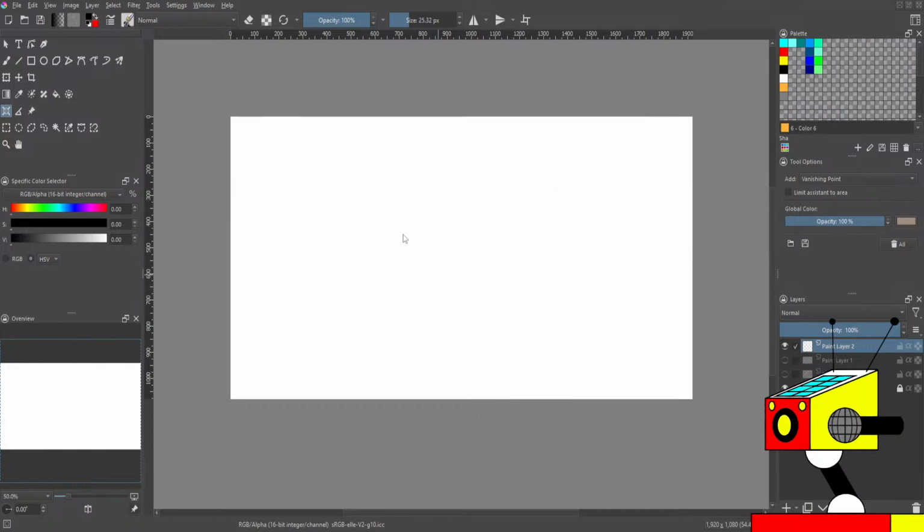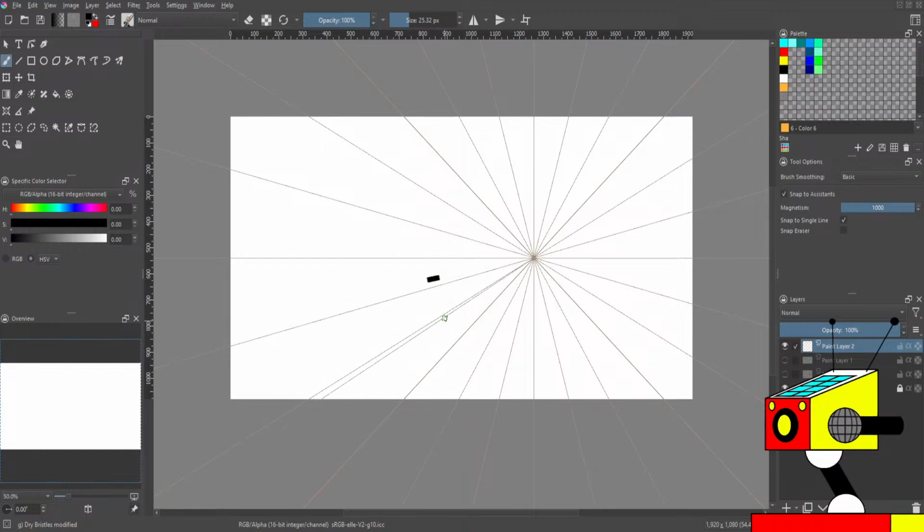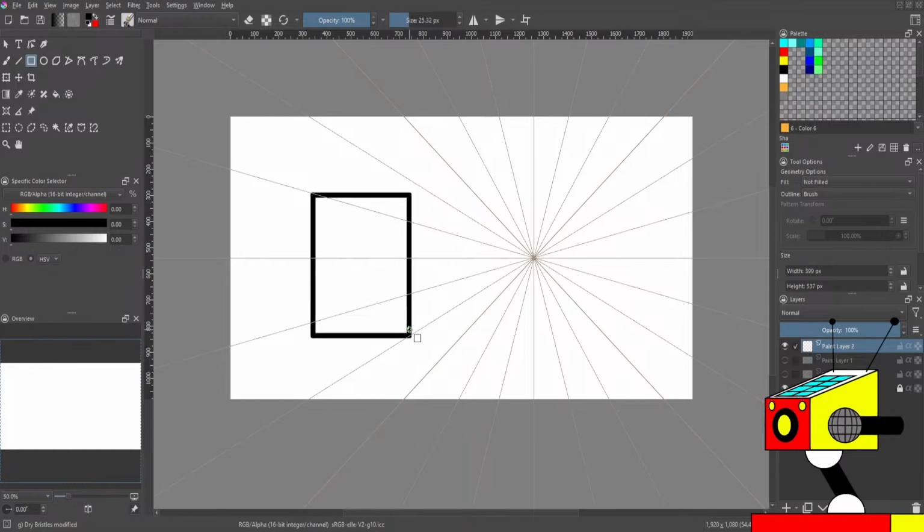One thing to keep in mind is that when you're using this for 1 point perspective, or making 1 point perspective compositions or constructions, excuse me, if you leave the snap to assistance box on, it won't allow you to draw vertical or horizontal lines. So why is that a problem? Say, for example, if you didn't draw the vertical or horizontal lines of a box,